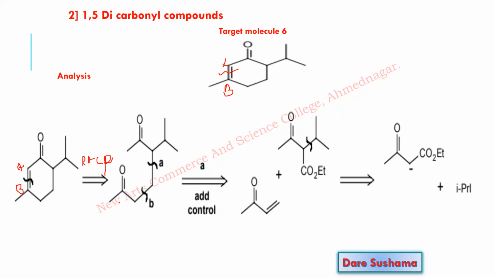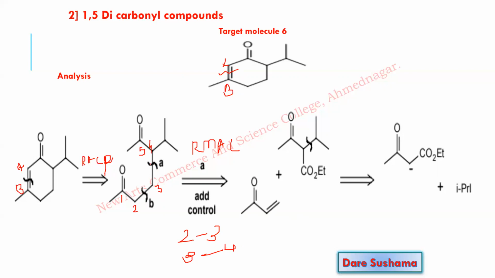So what is the new relation generated? Now this is the new relation, that is 1, 2, 3, 4 and 5. So 1,5 is what? 1,5 is retro-Michael addition reaction. So which is the best disconnection? 2,3 or 3,4. So which is the best here? Depending upon which is more substituted. Is number 2 substituted or number 4? So number 4 is substituted.